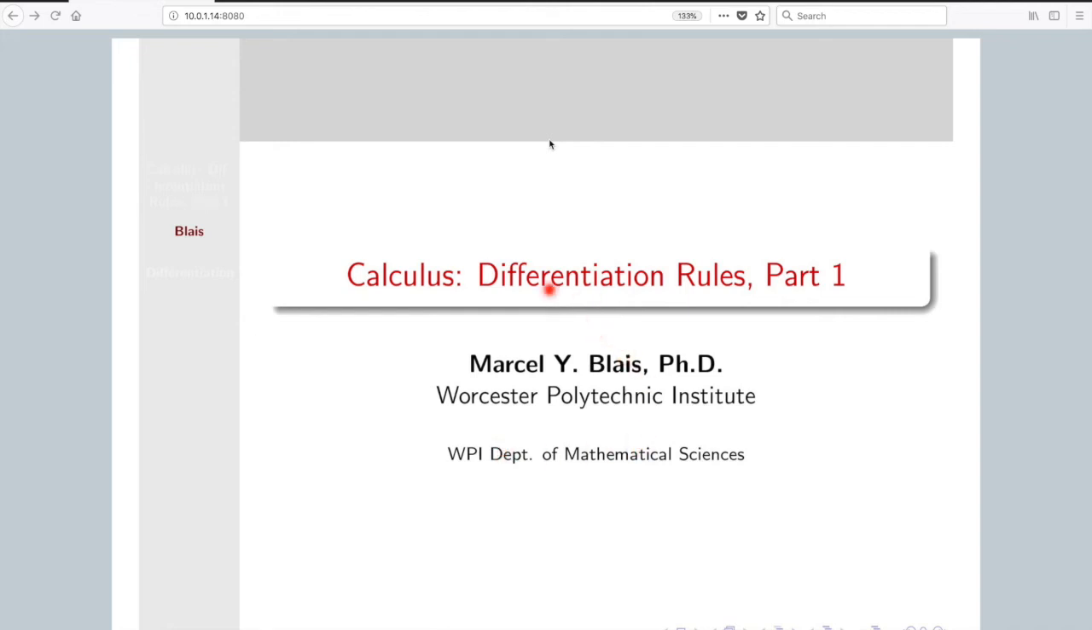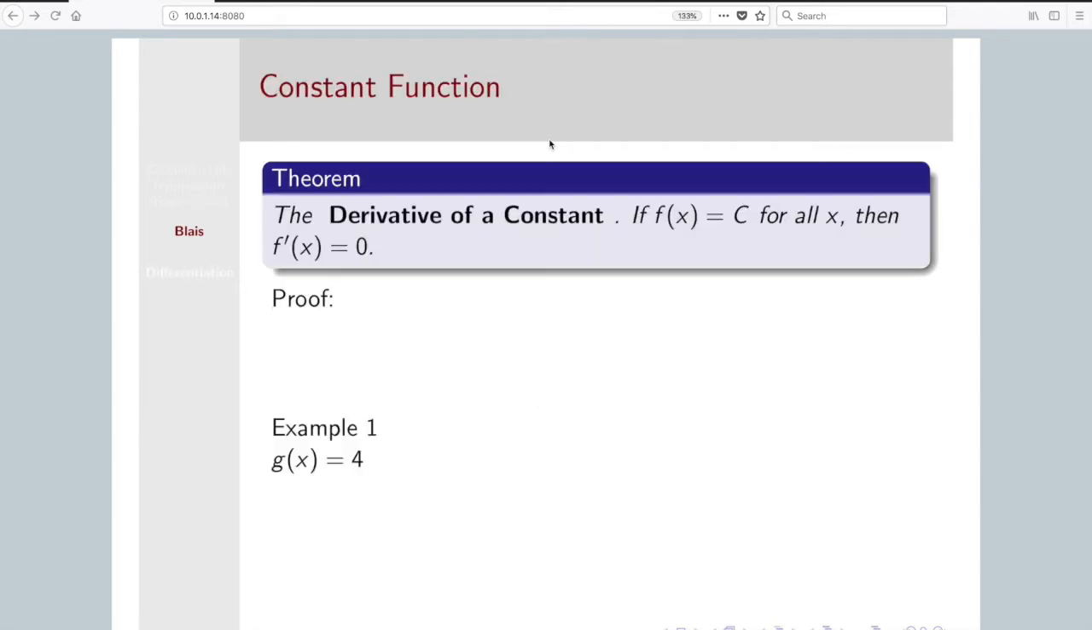In this lecture, we will be covering rules of differentiation. So the first rule that we will cover will deal with the derivative of a constant function. And in deriving this, we will recall the definition of the derivative of a function and recall that the derivative